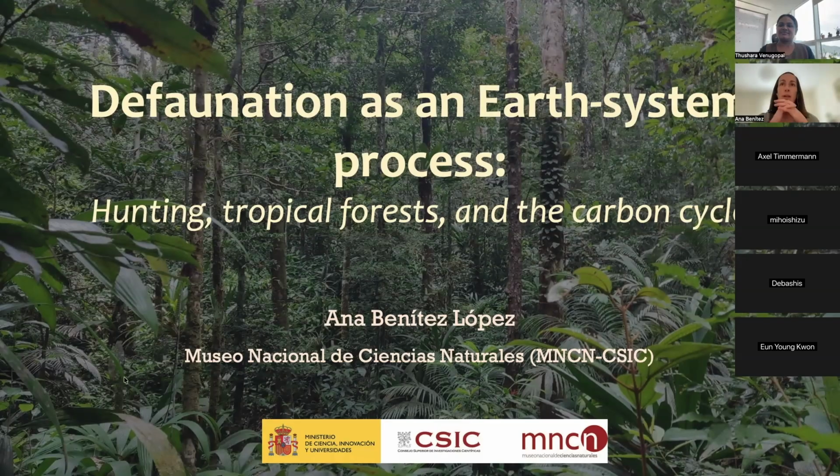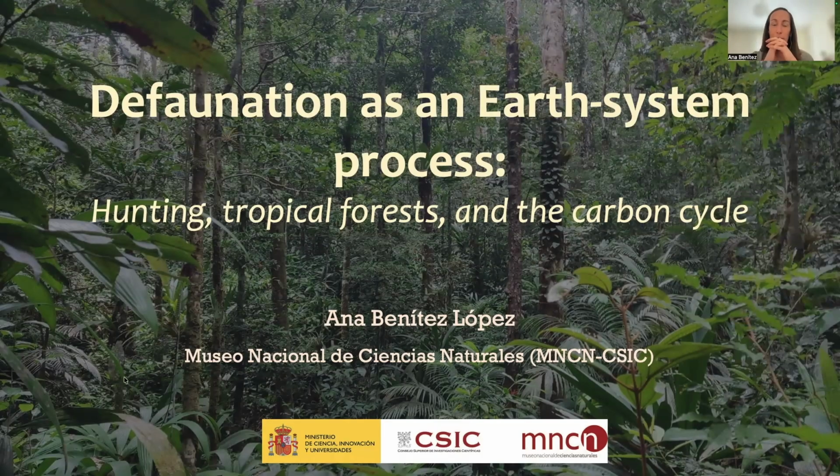I saw that you guys work a lot with climate, and some of you maybe with carbon modeling. I'm not sure, but anyways, I decided to try to link up the concepts of defaunation, so basically the loss of animal populations. Some of them can be locally extinct and so on, but that doesn't mean that they have to be globally extinct. We're talking about declines in vertebrate abundance and so on, and how this can be linked to carbon stocks and the carbon cycle.